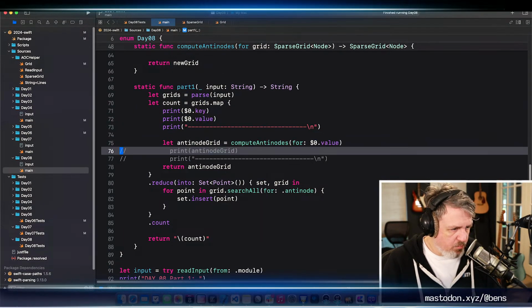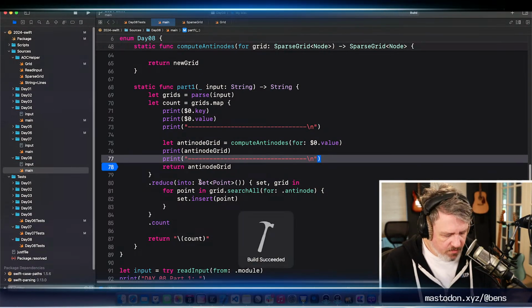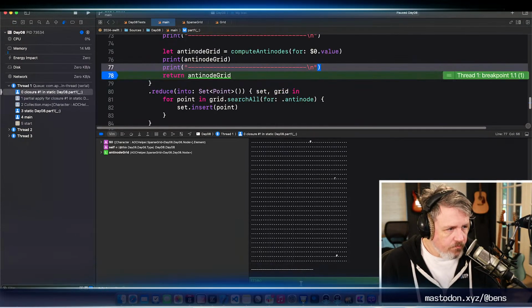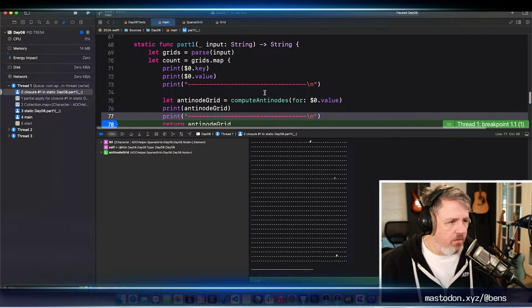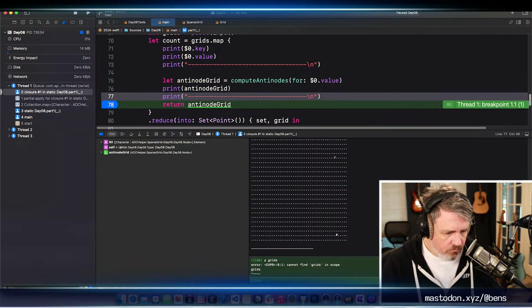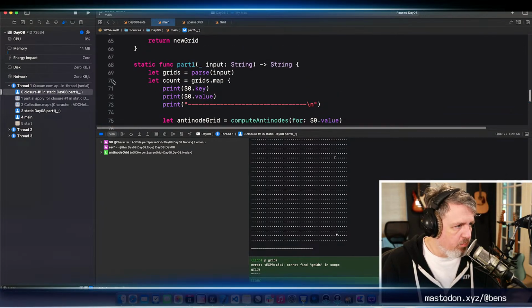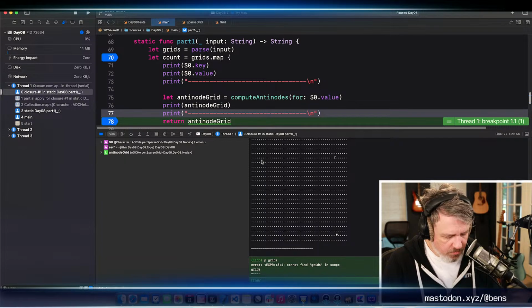I'm going to go back to printing and just step through this input one at a time, I guess. First it would be helpful to know how many grids there are. Can't do that because I'm in a breakpoint inside of a closure, I mean.